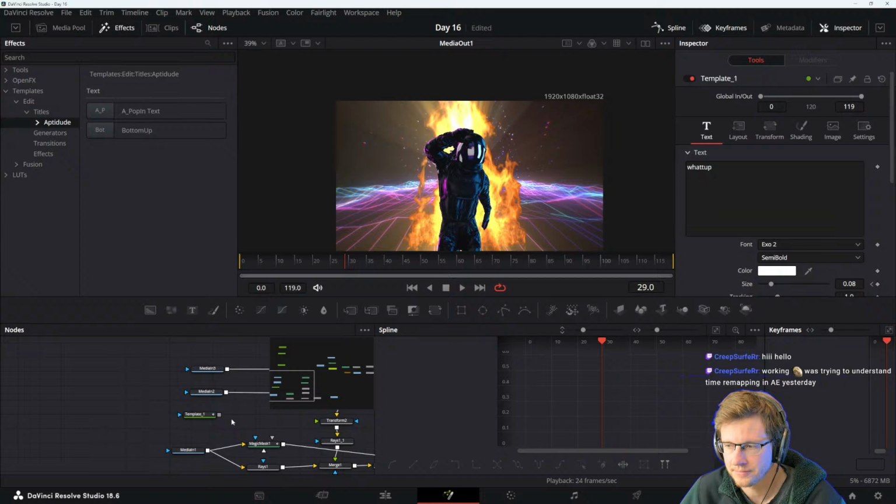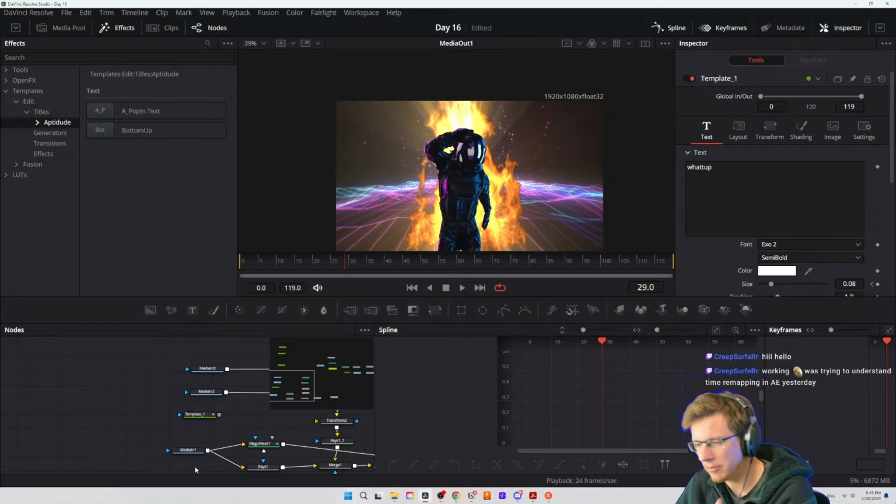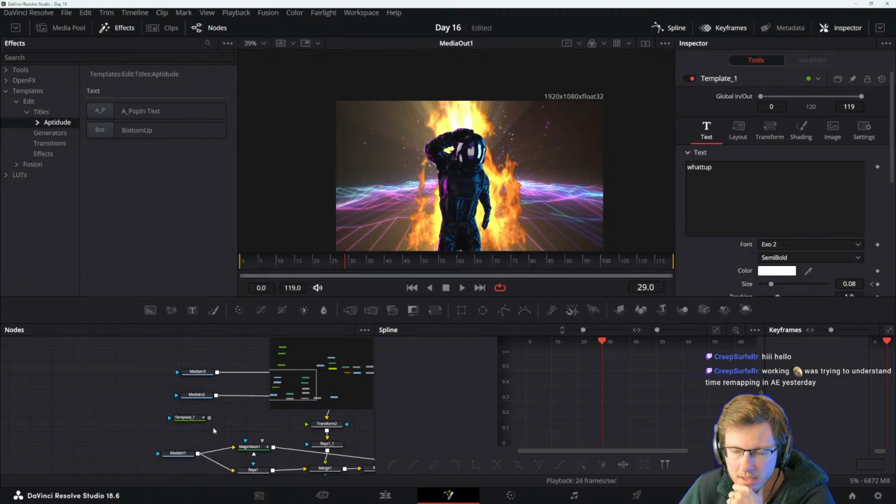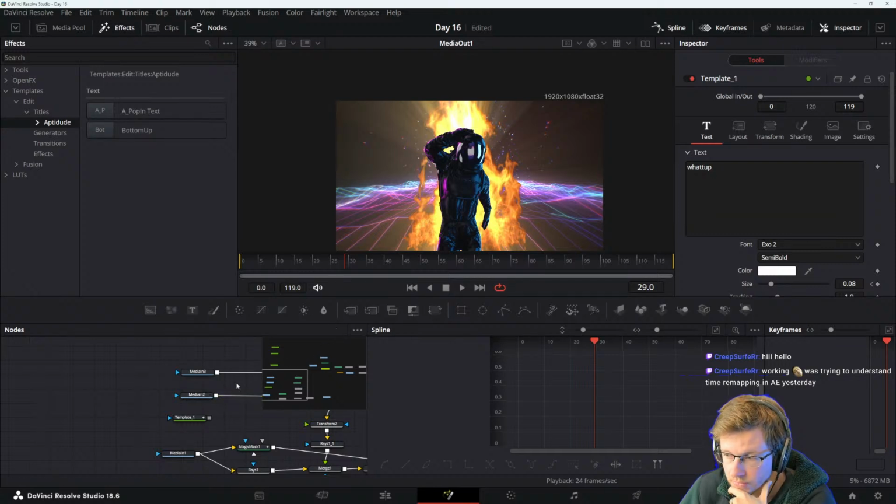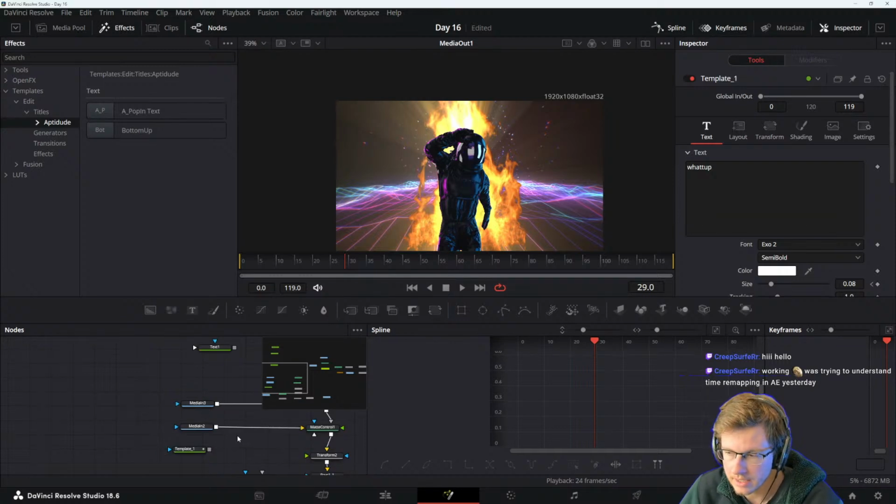Oh, nice, man. Yeah, time remapping in AE always felt more intuitive. I'm trying to figure it out here now. It's tricky. What are you doing in AE? Any fun projects? You were saying you were doing like the burnt game style, or crispy edits, or